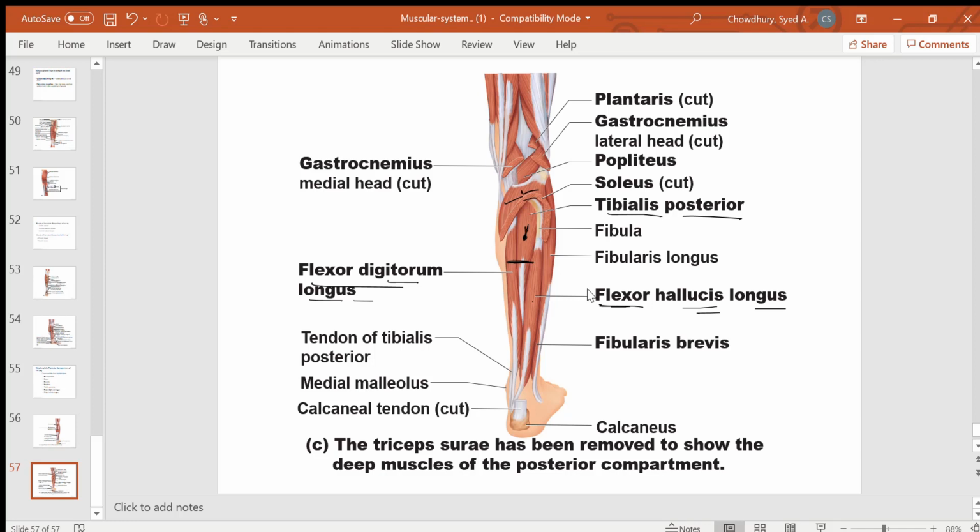Okay, so in this section we talked about the muscles of your arm, forearm, hand, muscles of your thigh and the leg, that means upper